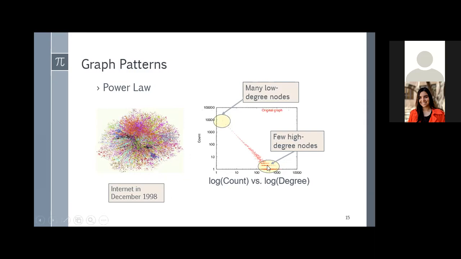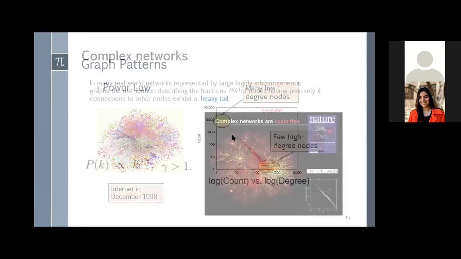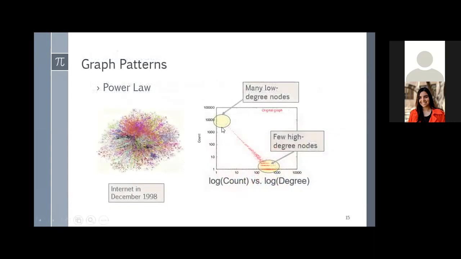In a logarithmic scale, these hierarchical, complex networks follow one and the same pattern. They produce a line, a single slope, saying that there are many low degree,